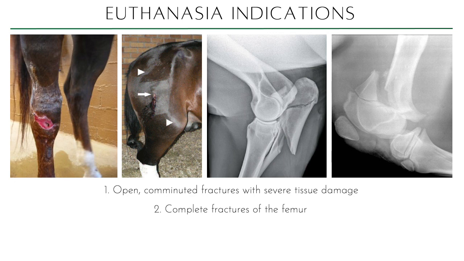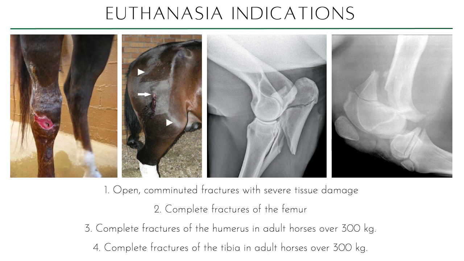All right, complete fractures of the femur, complete fractures of the humerus in adult horses over 300 kilograms, and complete fractures of the tibia in adult horses over 300 kilograms. Now, these fractures were considered non-treatable. Hindi mo siya kayang i-fix. Okay? For complete fractures of the femur, the dynamics of the joint and the muscles there are just very hard to get into. The complete fractures of the humerus and tibia as well, especially for those horses over 300 kilograms. However,